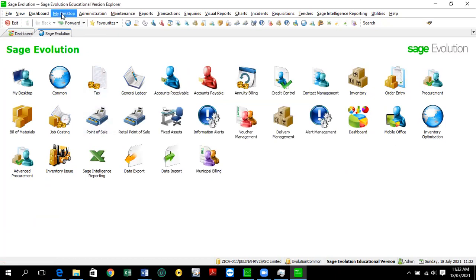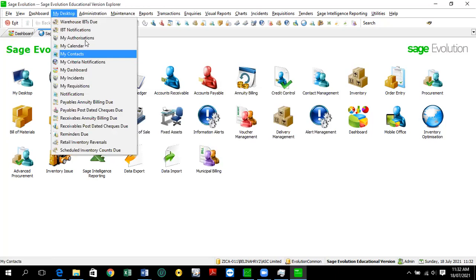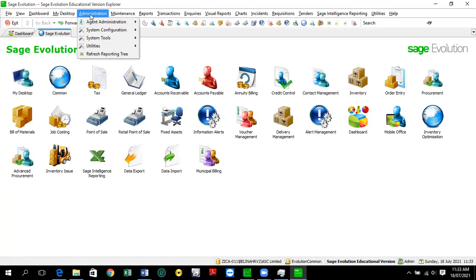Then in my desktop, these are your shortcuts to the various functions on Evolution. So they are just shortcuts. Like if I want warehouse, IBTs, shoe, I could just click there, then I'm taken directly to that. If I want my calendar, I just click there. So these are shortcuts to your particular functions. That is my desktop. Then administration, here there are a number of issues that you deal with,